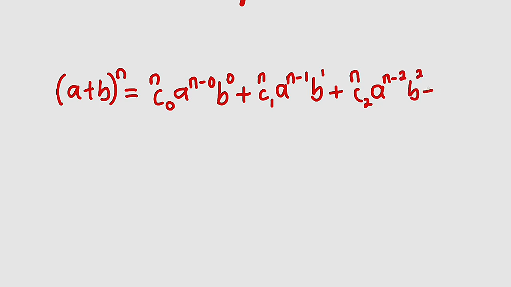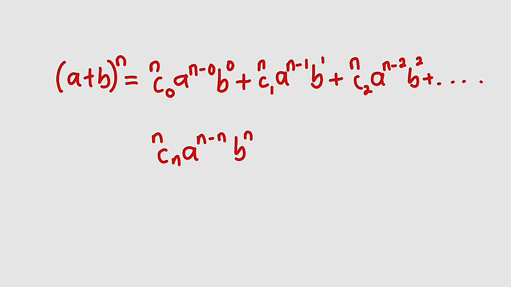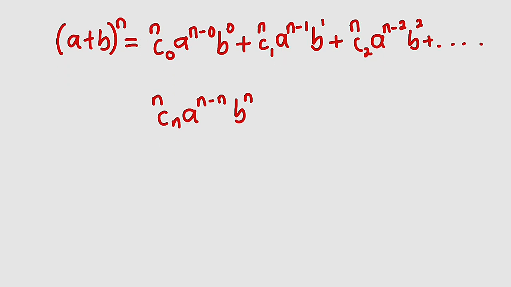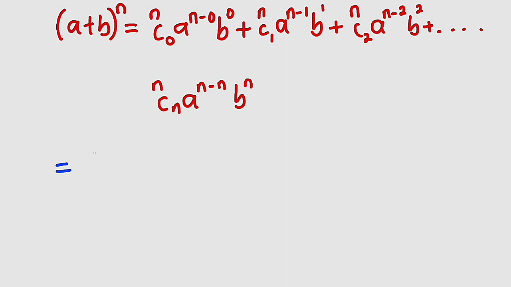This is how you keep on adding these terms till you get to a term that is n combination n, a raised to the power of n minus n, then b raised to the power of n, where these n combinations are said to be the coefficients. So how do we expand the coefficients? You know, to expand them, n factorial, right, divided by n minus 0